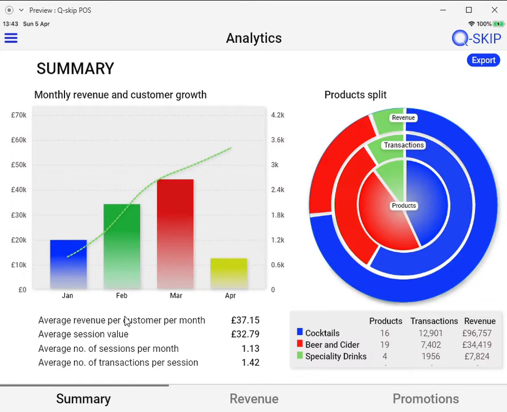So here you just have a few metrics for revenue per month. This is ARPU per month essentially. Then you have average session value, number of sessions per month. Not too bad. Maybe some of these could be pumped up, and this is the way to monitor these things